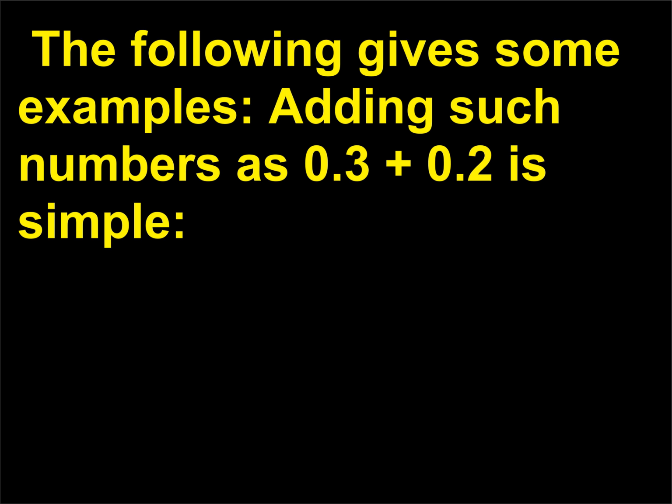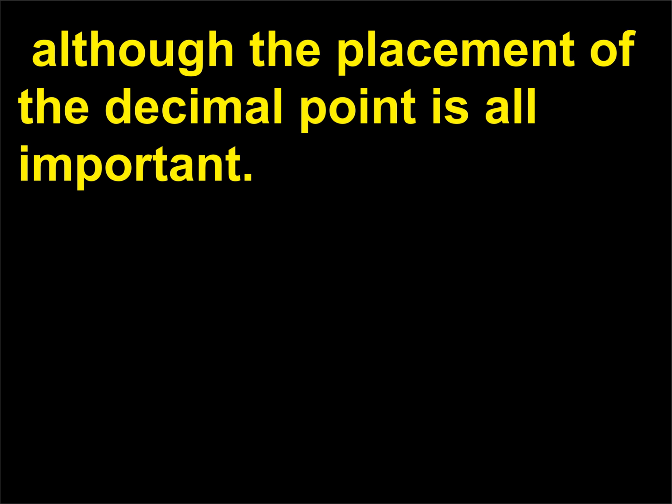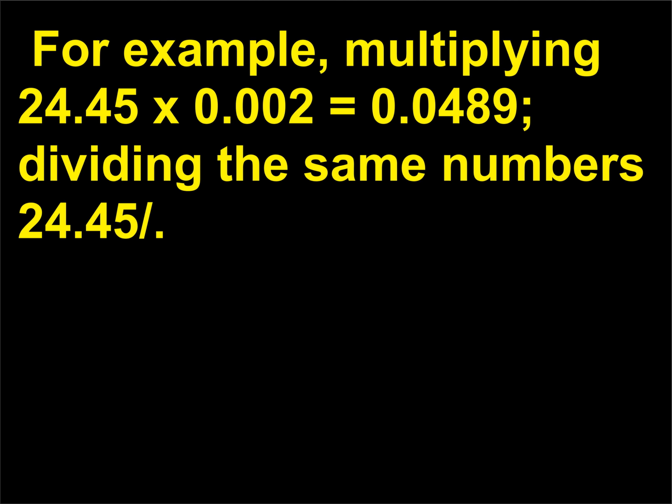These numbers are also easy to subtract, such as 0.3 minus 0.2 equals 0.1. Multiplication and division with fractions is also similar to doing so with regular numbers, although the placement of the decimal point is all important. For example, multiplying 24.45 times 0.002 equals 0.0489,